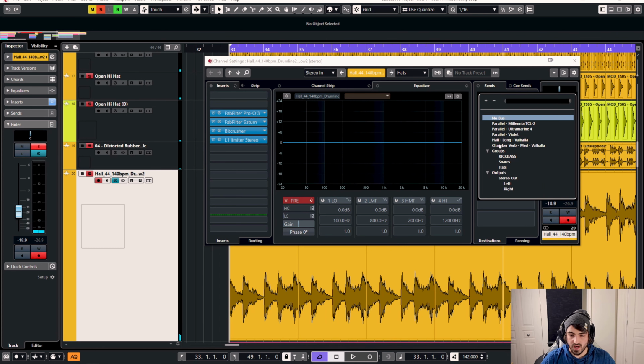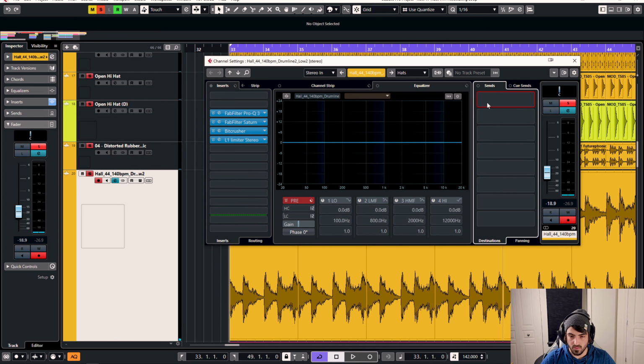Another thing we can try is adding our own send reverb on it that I've already got set up in the project. Let's try a medium chamber. This might make it sound completely worse, but